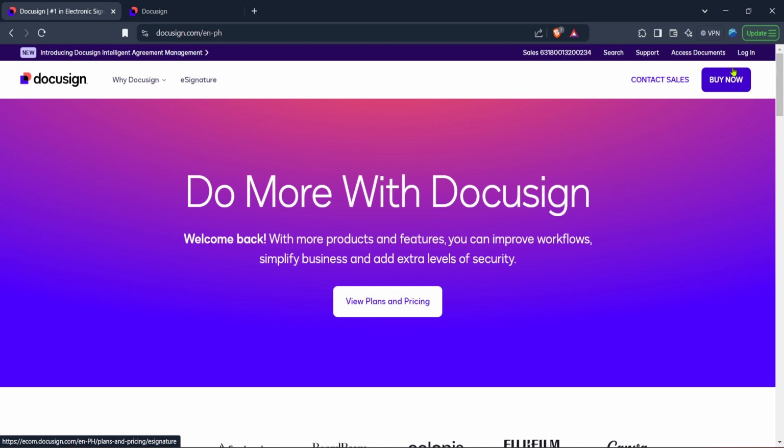After you're logged in, you will be redirected to your DocuSign homepage, the central hub where all your documents and recent activities are displayed. It's worth having a quick look around here to check any pending signatures or unfinished business, just to ensure you're not leaving anything critical behind before proceeding with the cancellation.